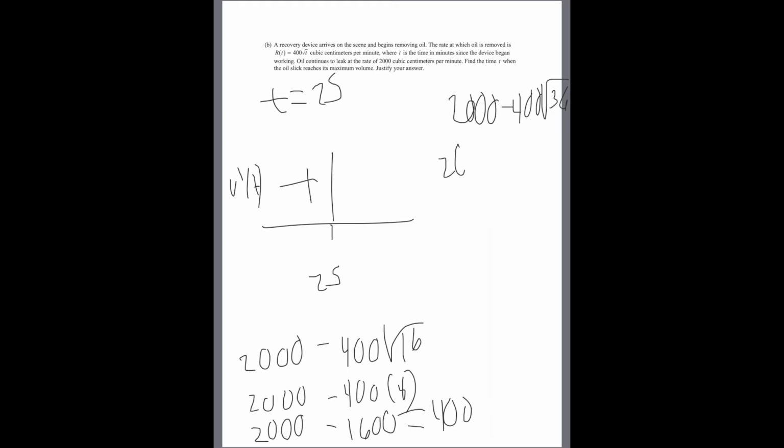So 2,000 minus 400 times 6 is just going to be negative. I know that. So then it changes from positive to negative. So we know it's a relative maximum at least. But